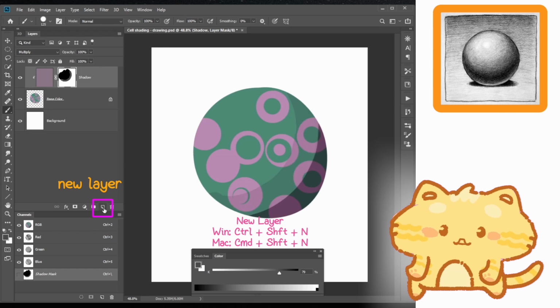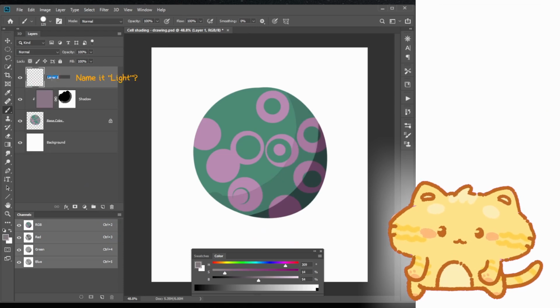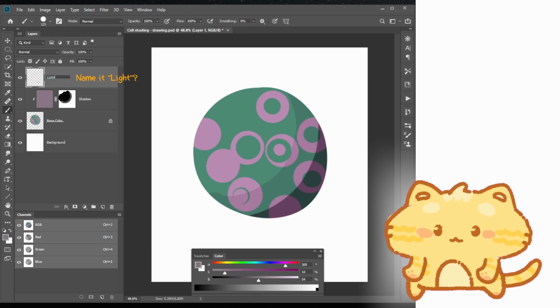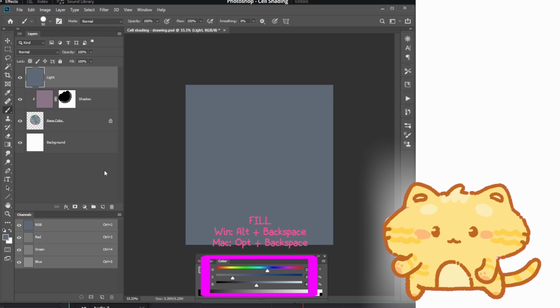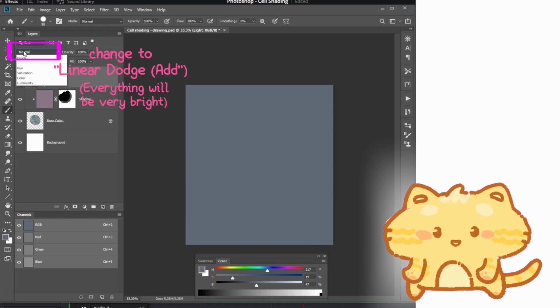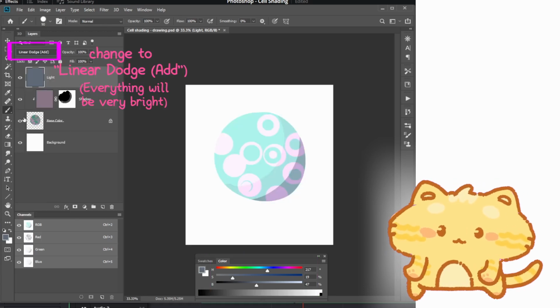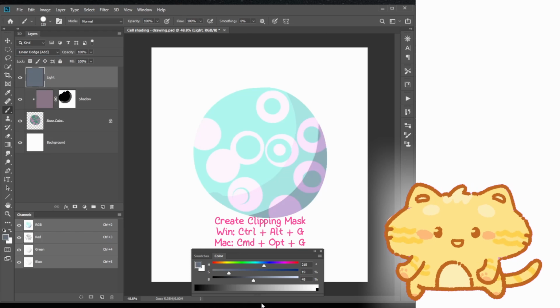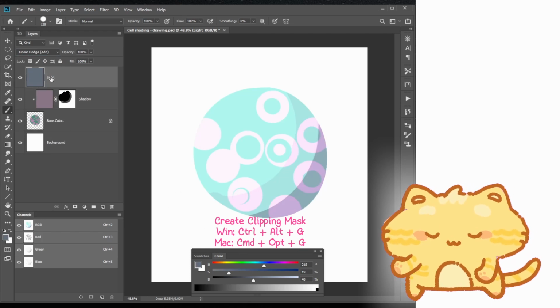Now we repeat the same steps but for the light. Create a new layer. Pick a random color and fill the page. Change the blending option to linear dodge. Again, clip the current layer to the layers below